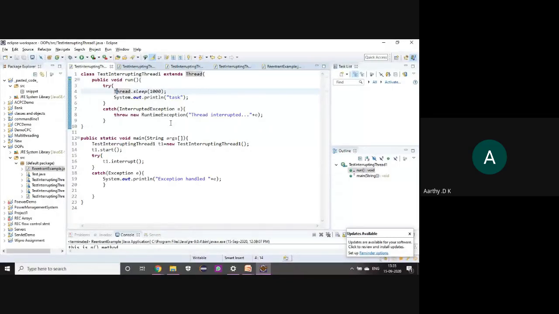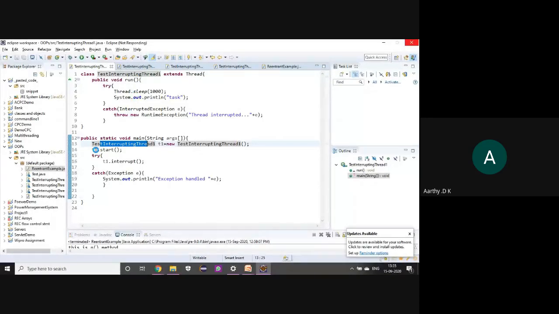So first, I have a main method. In the main method, I create a thread. The class extends Thread, and in the run method, I have made the thread sleep. After it wakes up, it has to do some work, and if any exception occurs, it will be caught.